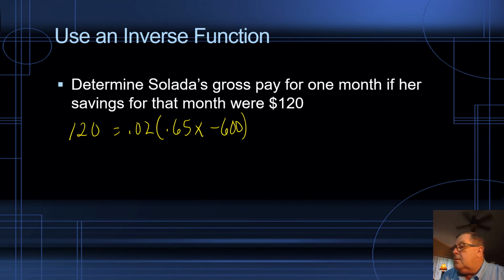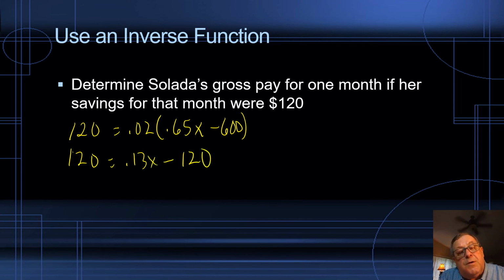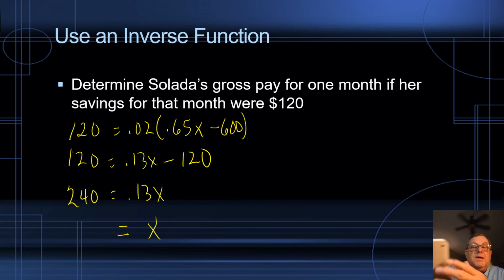I think I'm going to go ahead and distribute the 0.20. All right. And so we'd have 120 equals 0.13x minus 120. Let's add 120 to both sides. We got 240 equals 0.13x. And so her monthly income, in order to save $120, we can find by taking 240 and dividing it by 0.13, and that equals